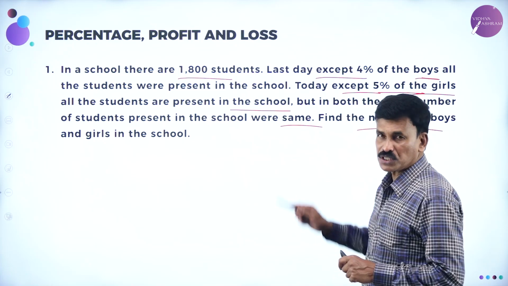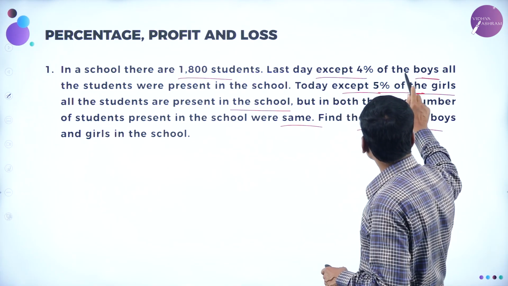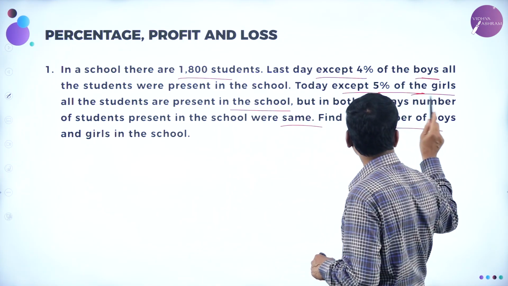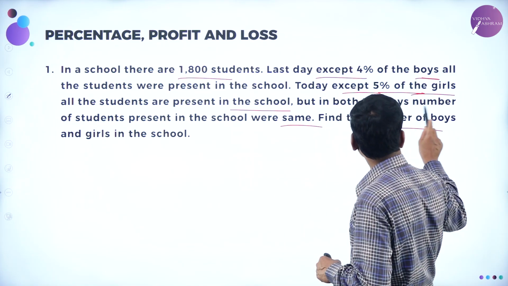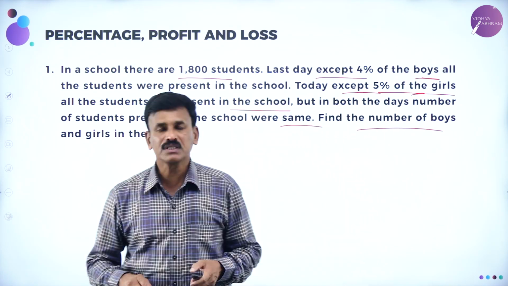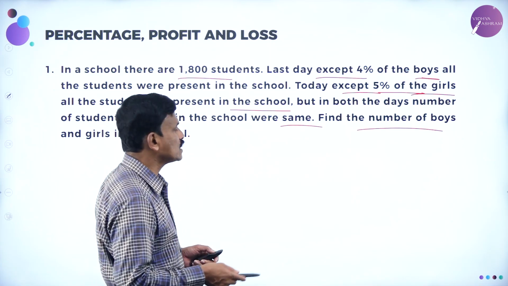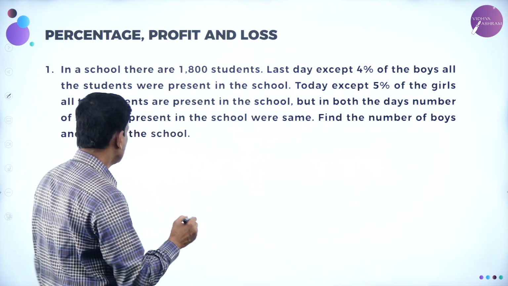In a school, there are 1,800 students. Last day, except 4% of the boys, all students were present. And today, except 5% of the girls, all students were present. But in both the days, the number of students present in the school were found to be the same. Then what is required is to find the number of boys and the number of girls in that particular class. Now let us assume